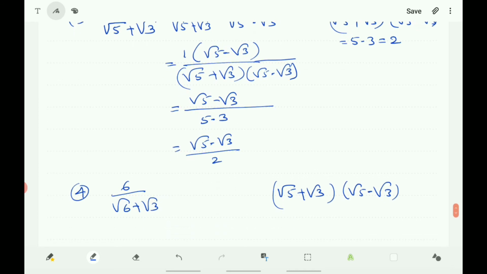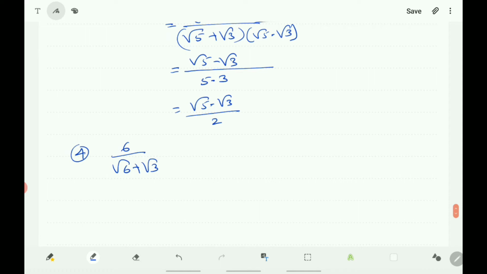Next, the fourth one, that is 6 by root 6 plus root 3. Here the denominator is root 6 plus root 3, and it also has two terms. Each term is an irrational part. Therefore,